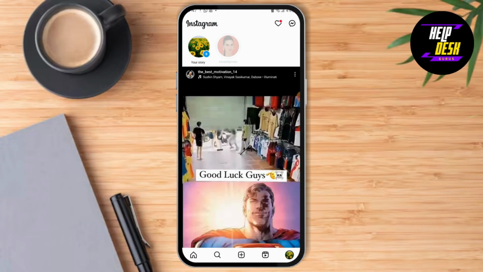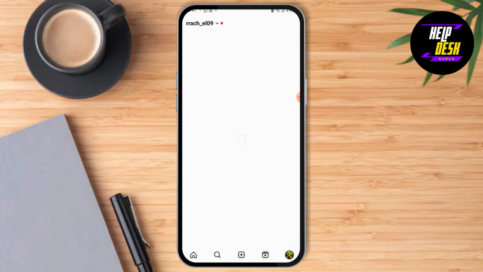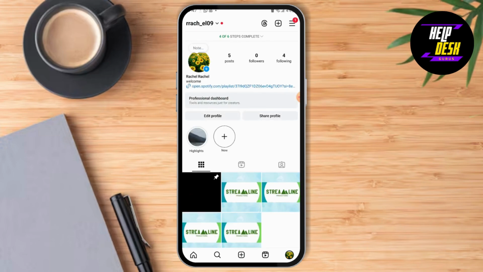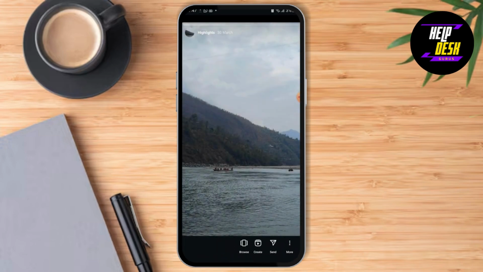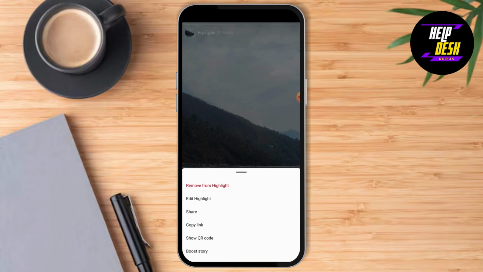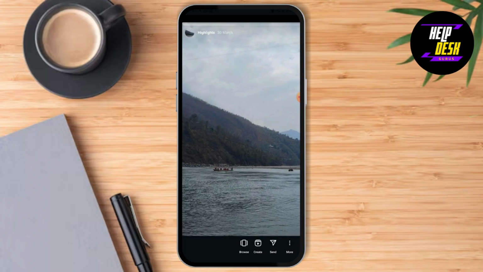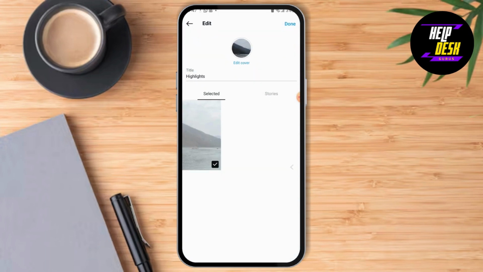So first, open your Instagram and head over to your profile section on your bottom right corner. And then as you can see, there are highlights over here. Open the highlight and then tap on more. Then what you can do is tap on edit highlight, or